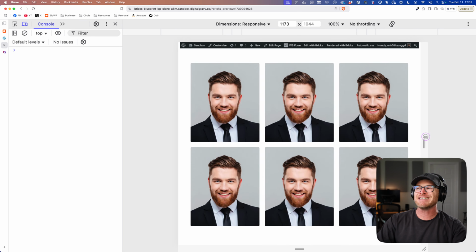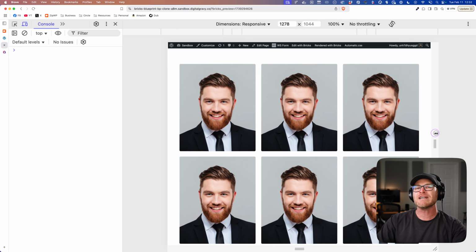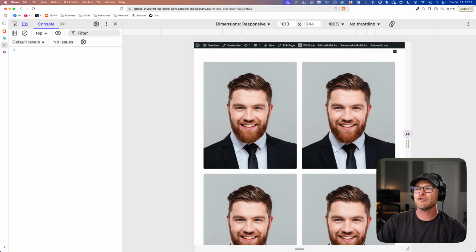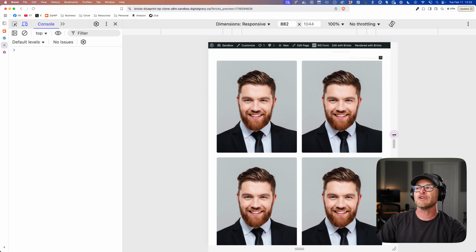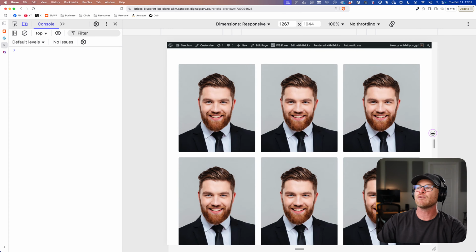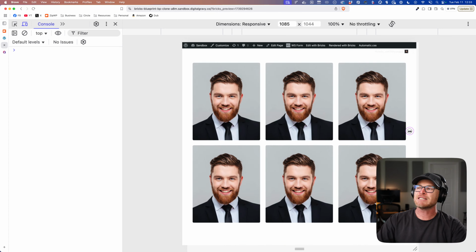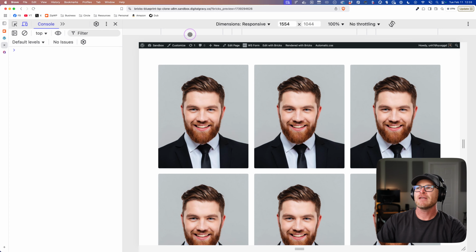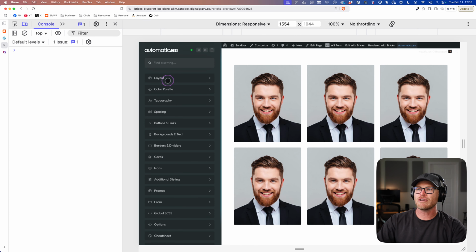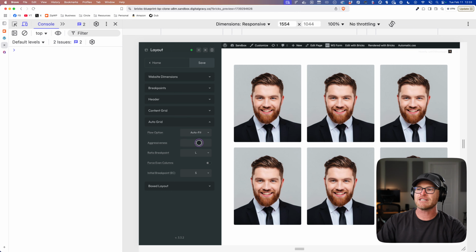What you might find is it's not quite aggressive enough, that when I'm looking at my auto grids, it's not breaking soon enough. Or you might have the opposite problem, it's breaking too late. So you would open up ACSS, go to layout, go to auto grid, and there's this little control point right here that's set at 0.7. If you do 0.5 or 0.9, you're going to change the aggressiveness.